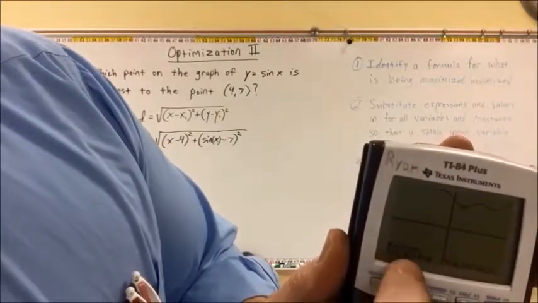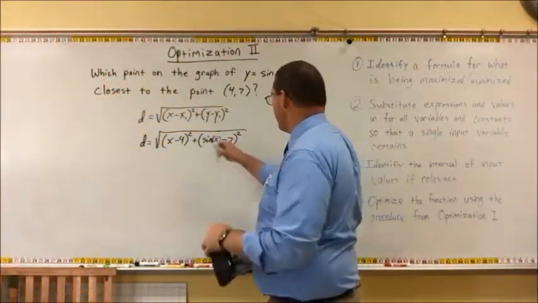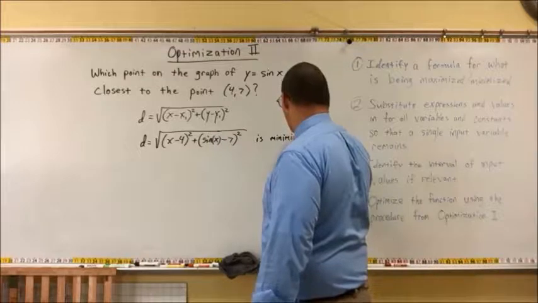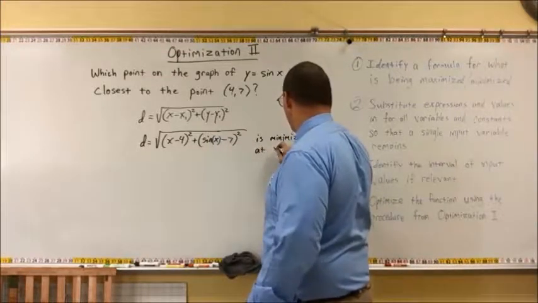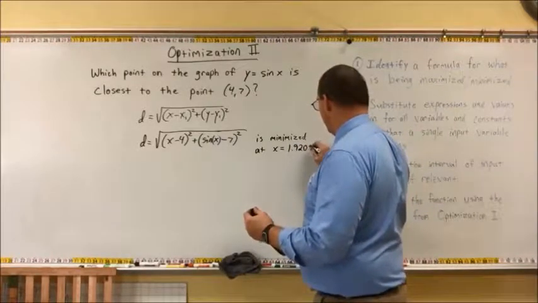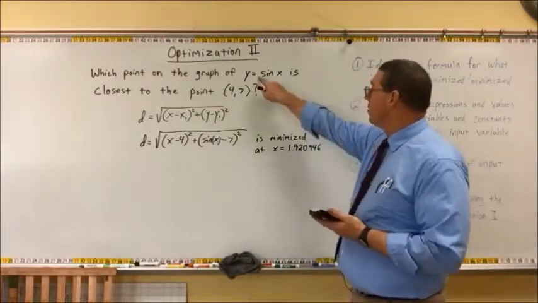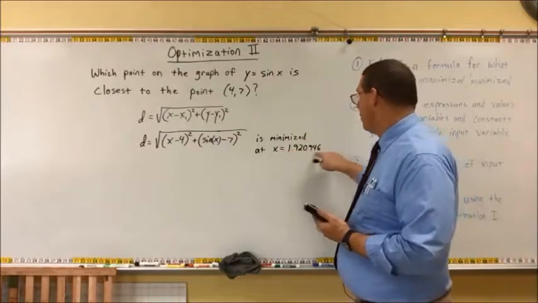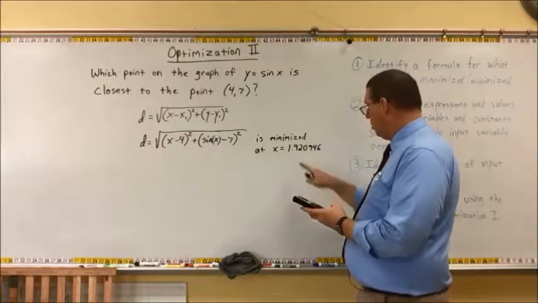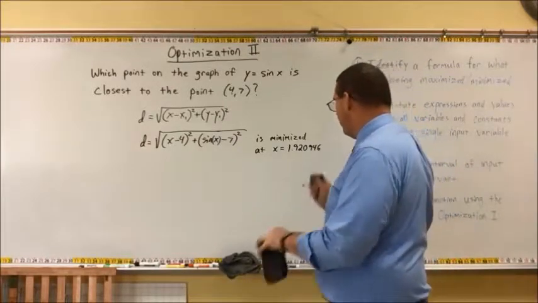And it's 1.920946. So this is minimized at x equals 1.920946. So now I have to plug this x into sine of x. So I'm going to do sine of this number. So I'll exit and I'll do sine of 1.920946. Press enter and the output value is